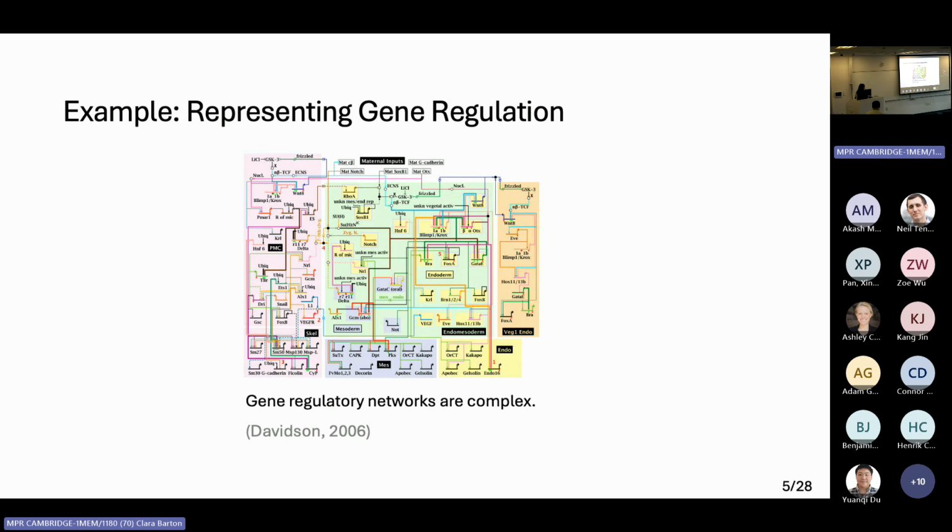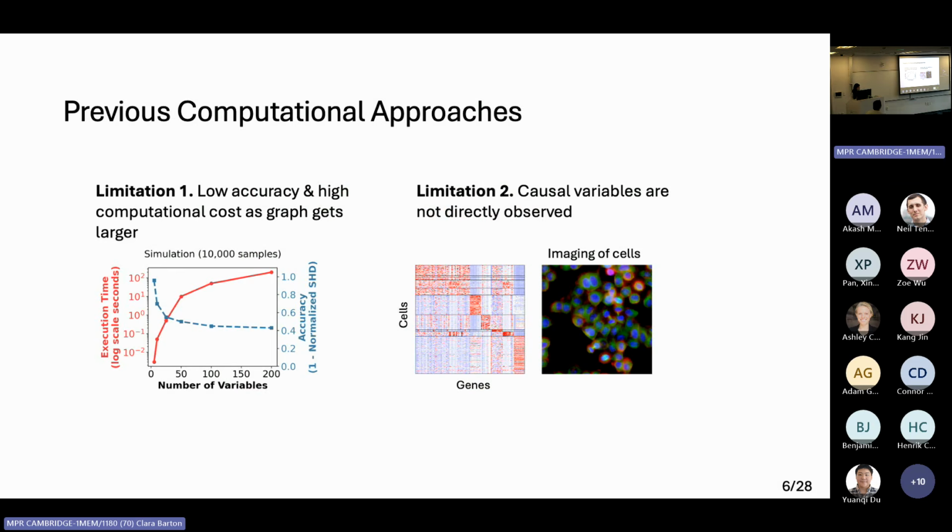The point of having this diagram here is to show you that they're actually highly complex, where individual nodes correspond to genes, and then you can see the directions as being regulations of one gene's effect on another. So if we actually think about computational methods to achieve something like this, we can identify very quickly two different limitations. The first one is